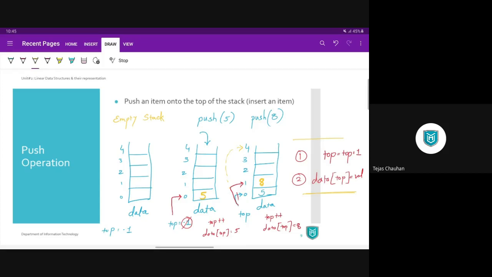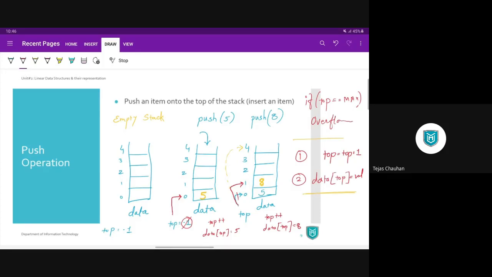If you push a new value, you will do top plus plus, then top will be pointing to 5, which is not within my range. If my array is of size 5, the maximum index value will be 4. So if top is pointing to the maximum, we can say the stack is full. For that, you can write: if top equals maximum size, then it is overflow. That's the overflow condition; you can print an overflow message saying your stack is full.